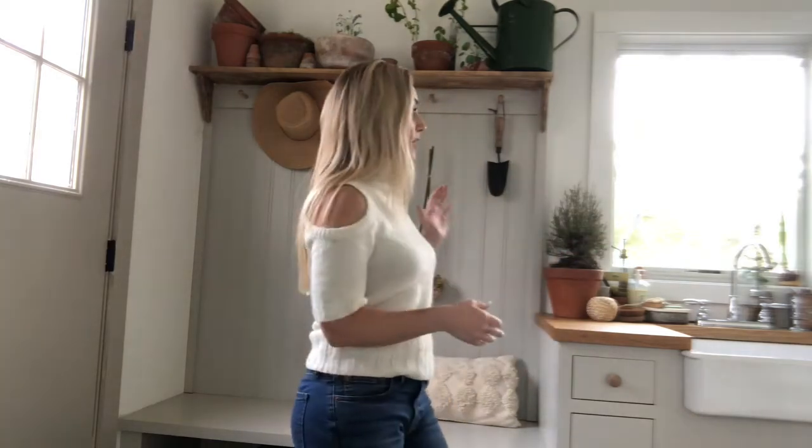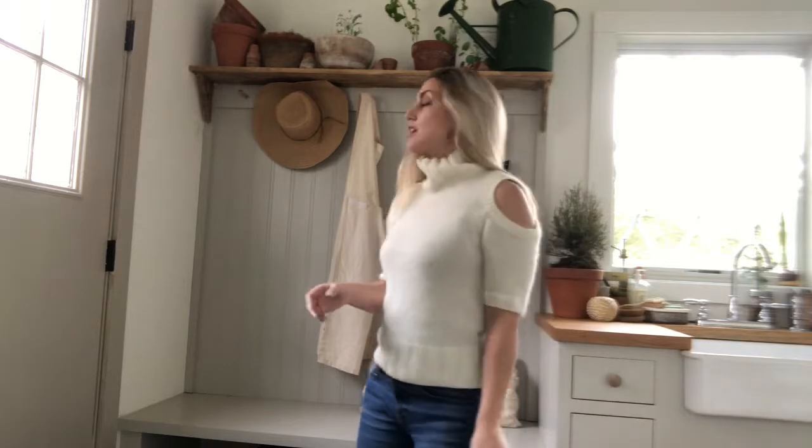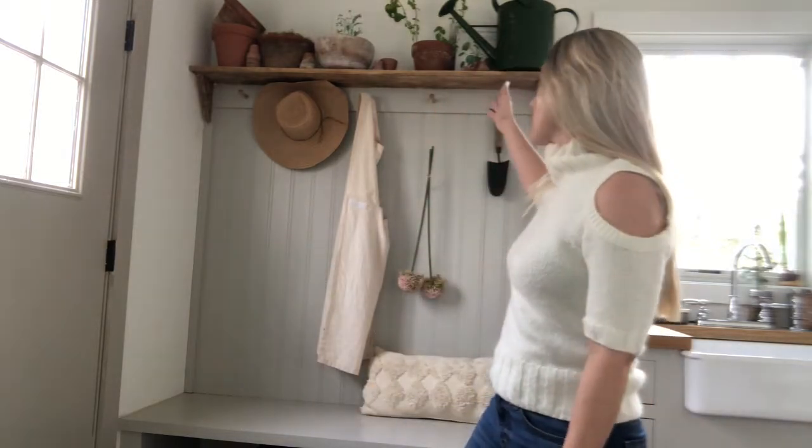Anyway, we are actually in my mud room, garden room, laundry room. This is where I do all my plant watering, and if you caught the blog post the other day, I shared the new shelf we added up here so I could display all my terracotta pots, because I have an obsession with terracotta pots, especially really good aged ones, and I'm hoping to get my hands on some even more